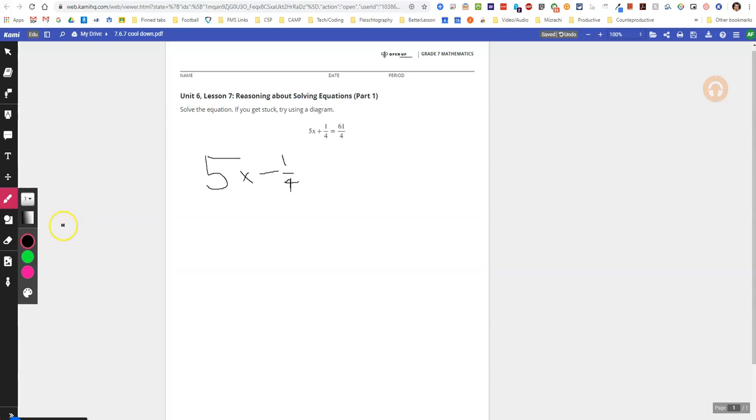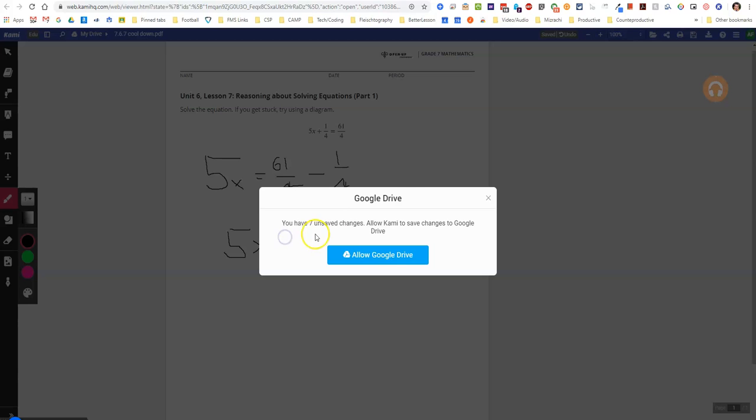No, that's not right. I'm going to have to undo that. Hey, Kami, where's my undo button? Or I could just erase. Let's go with that. I don't really know where my undo button is. So let's say I'm going to draw, and I go, oh no, well, 5x is now equal to 61/4 minus 1/4. And then 5x is now equal